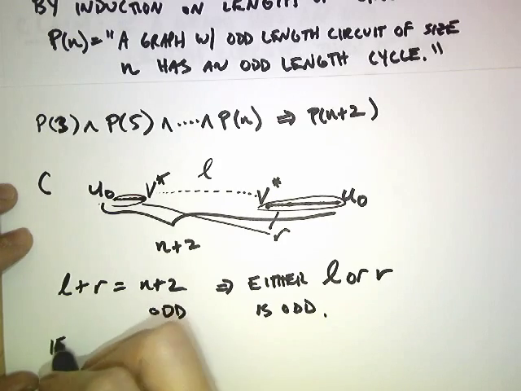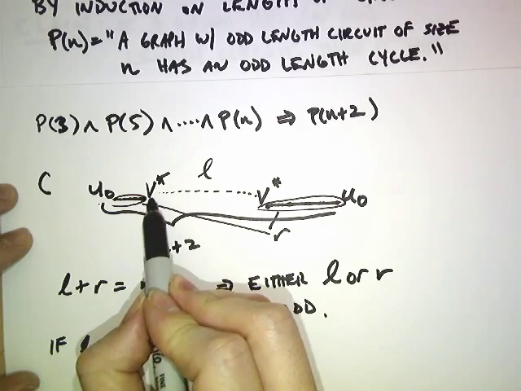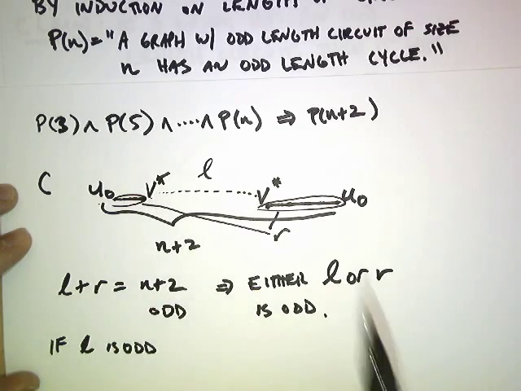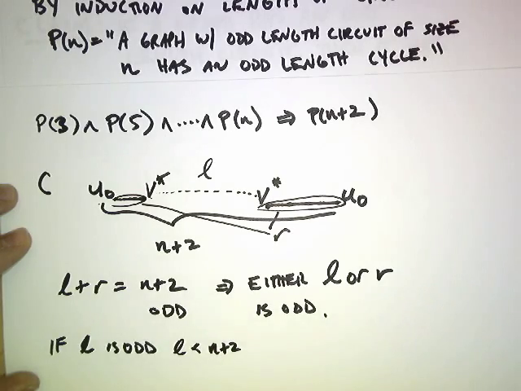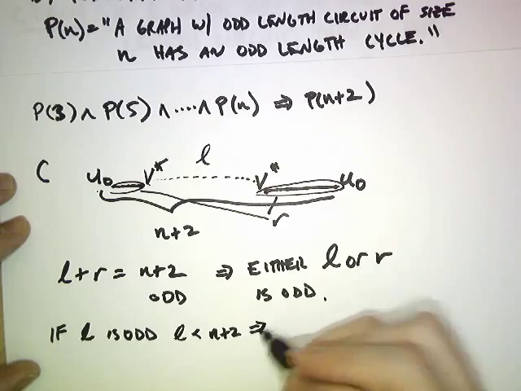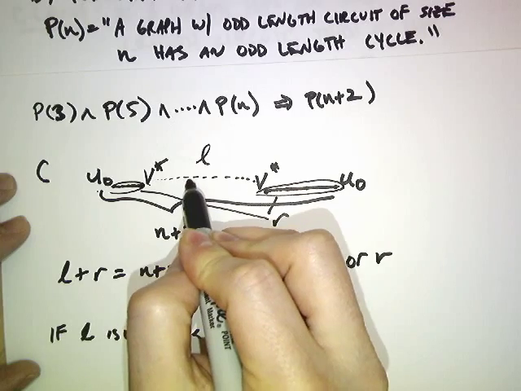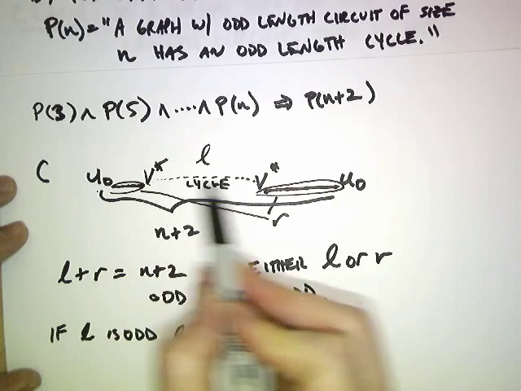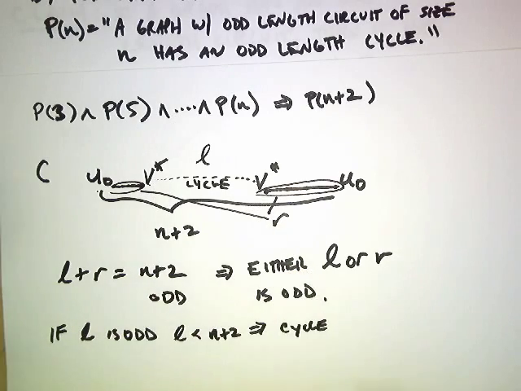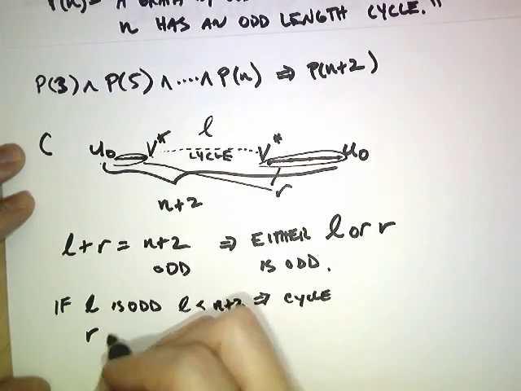So if L is odd, then here we have an odd length circuit. It starts at v star, it ends at v star. It's of length L, L is odd, and L is less than n plus 2. So applying the inductive hypothesis, there's a cycle sitting in here somewhere. It's an odd length circuit, therefore it must have an odd length cycle, because L is less than n plus 2. In the other case, if r is odd,